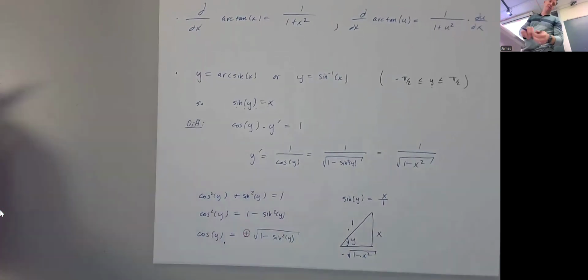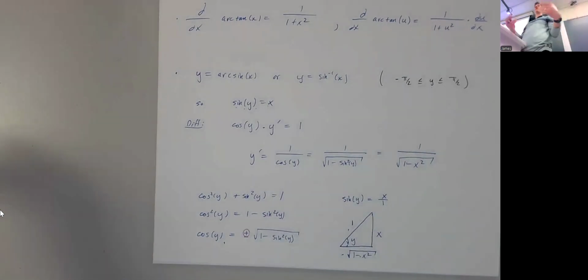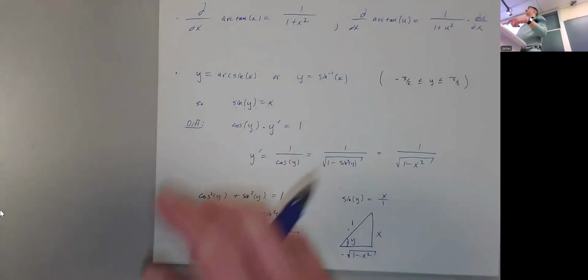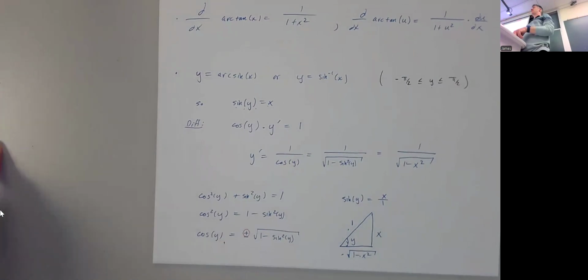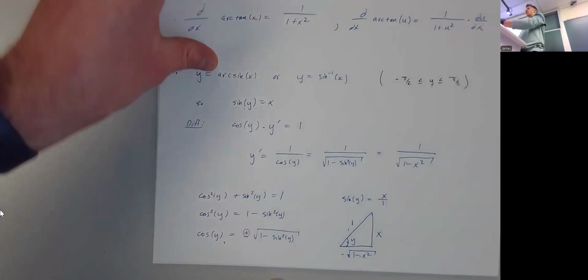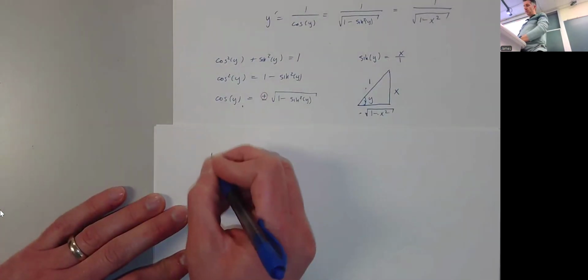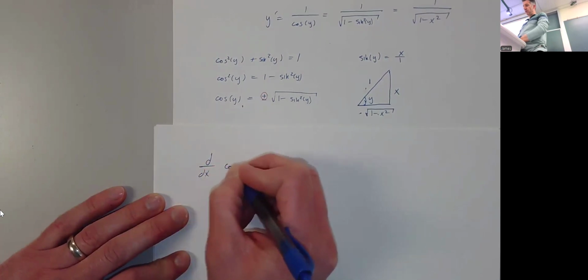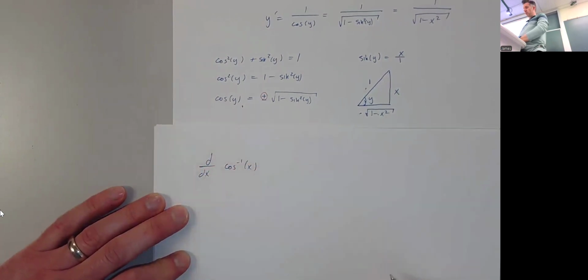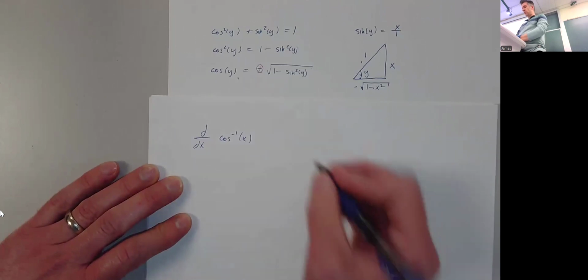Fun fact. It is a fun fact. It's actually a nice fact. It's a good fact. We like this next fact. The inverse cosine derivative has almost the same outcome. Let me show you. Let's say we want to find the derivative of the inverse cosine of x. Well, first I'm going to do the same usual thing. I'm going to start with